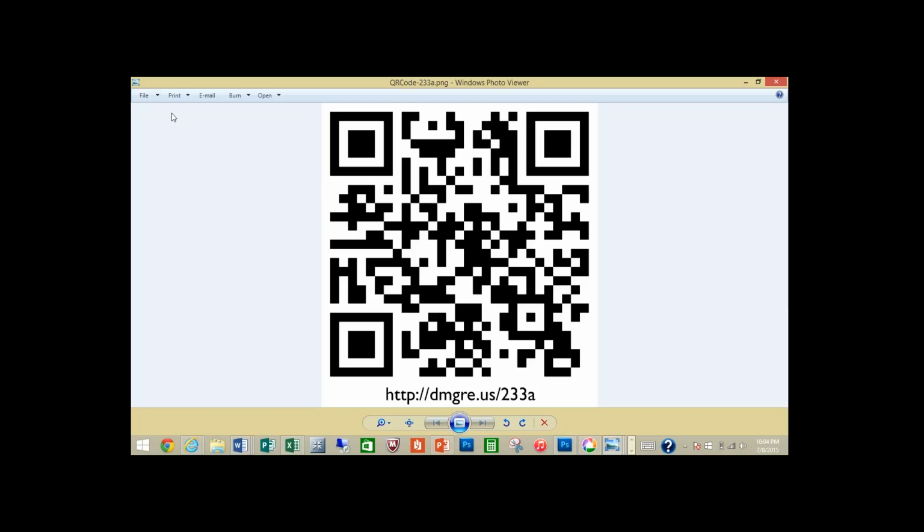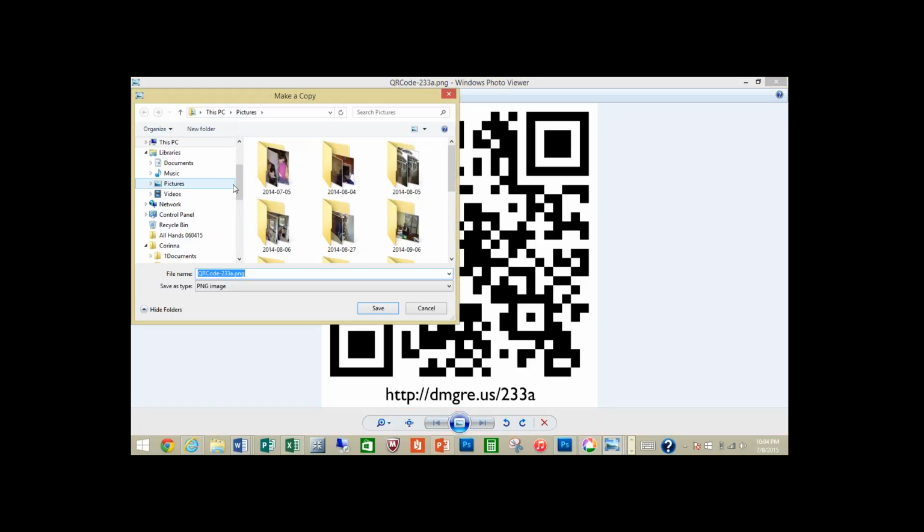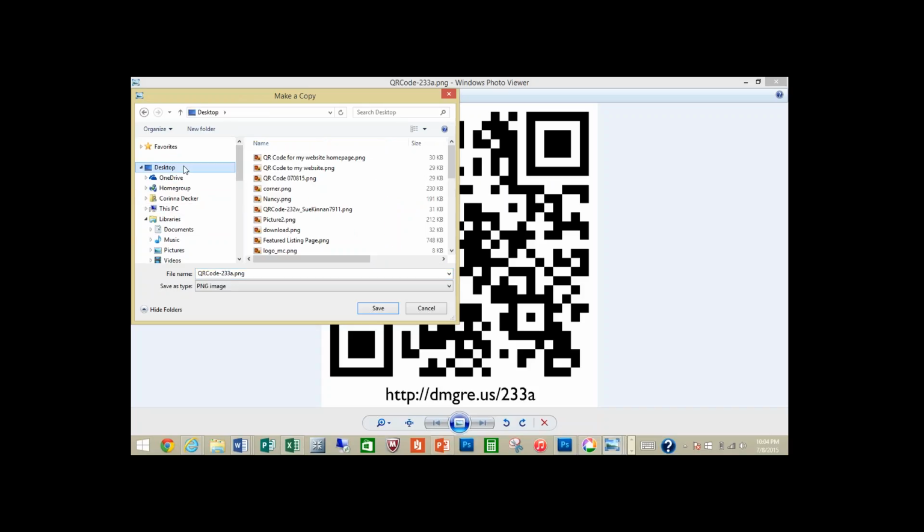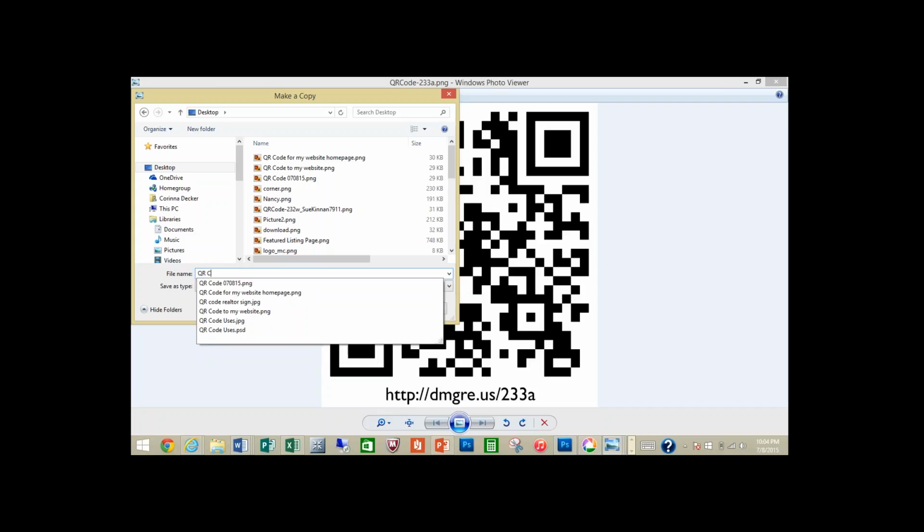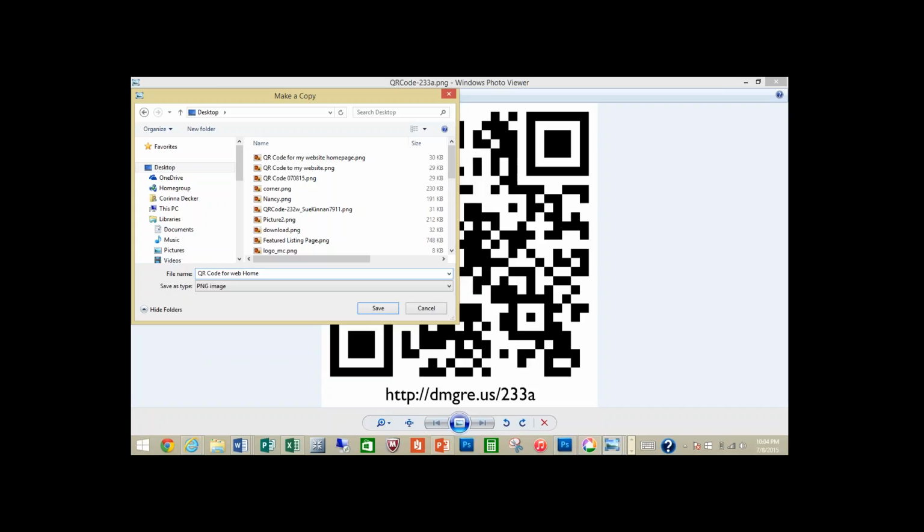What I would do from here is a file. Mine says make a copy. Yours may say save as. Whichever it is, it basically just allows you to save it somewhere. I'm going to save mine on my desktop, but you could choose to save it in a file or somewhere else. You can rename it. I'm going to call it QR Code for Web Homepage